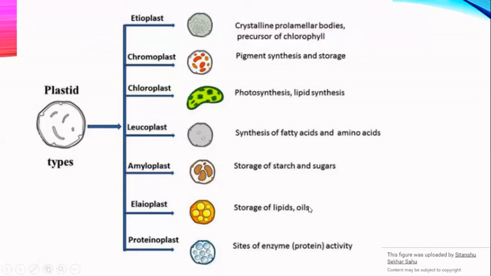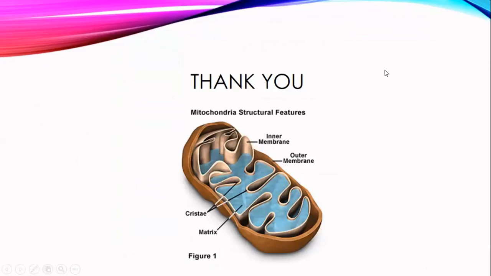For plants that are rich in oils, they have rich elaioplasts, because there are also plants that contain less oil. This is where we get the essential oils of plants. And we have the proteinoplast, the site of enzymes for protein activity. So these are the different kinds and types of plastids. That's the end, then tomorrow we shall